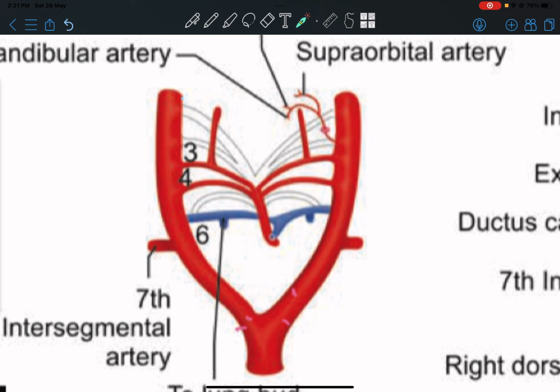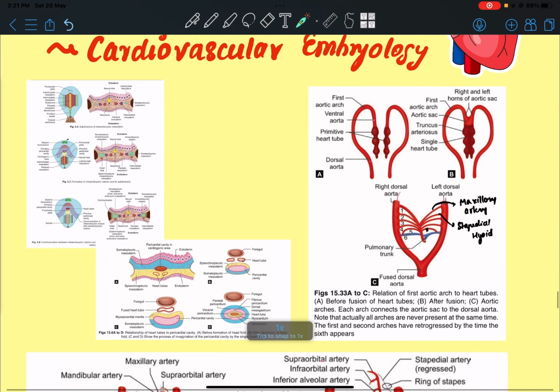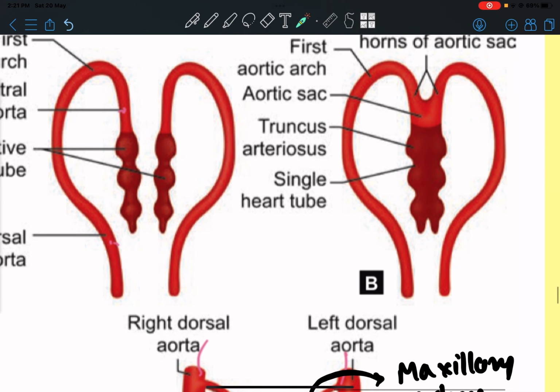In a 3D view, it is dorsal to ventral. So these two open to it from one side, and this one opens on the opposite side. So one is dorsal, one is ventral. I have forgotten which is which, I'm sorry about that. So you have to remember that they are not all opening from the same side. There is a difference. And as I said here, this aortic sac is continuous with the truncus arteriosus,